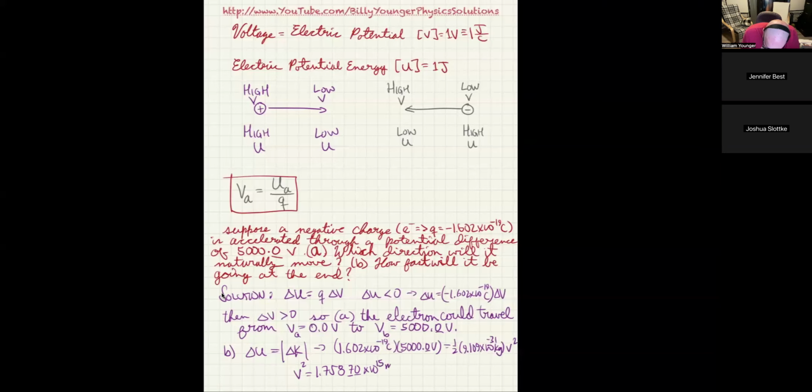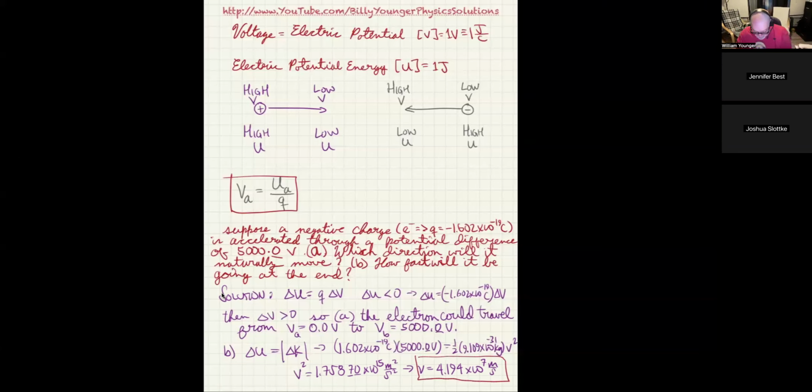And that comes out to be meters squared per second squared, so the velocity is the square root of that. So I'm going to raise it to the 0.5 power, and that gives me 4.194 times 10 to the 7th meters per second,